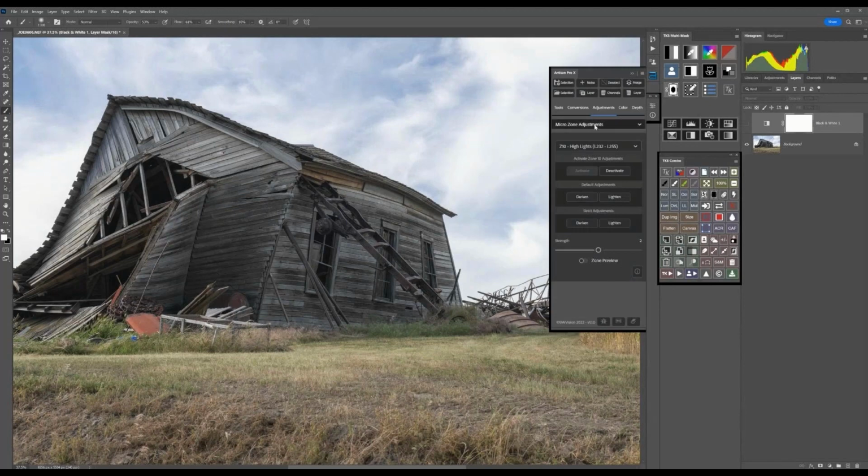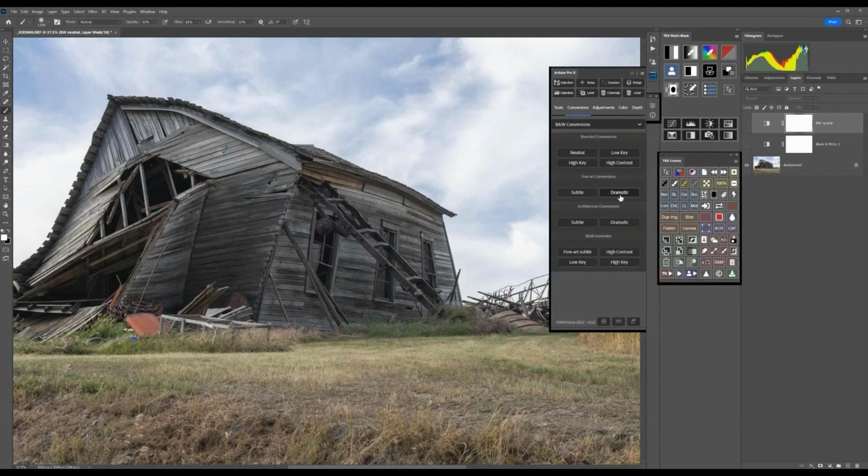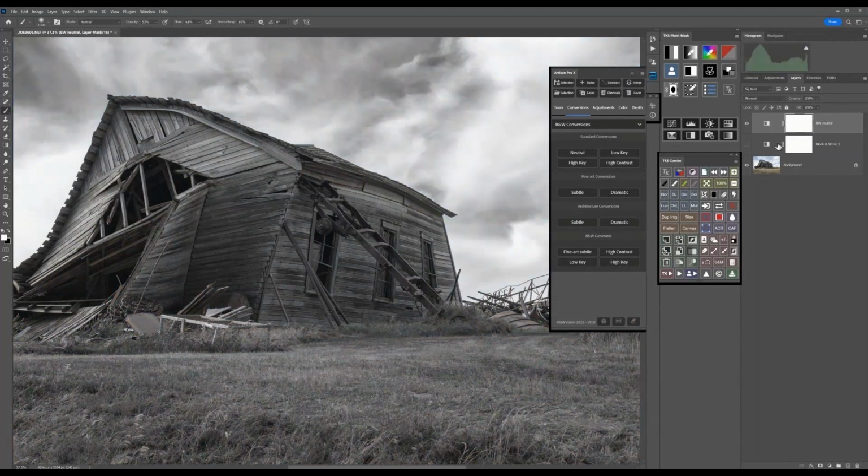And my conversion is here. So we have all of these choices that you should at some point try for your images, depending on what you want it to look like. It's a dramatic look, or you have a subtle look. Oh, I got to get rid of this one before it works. Oh, there it is. So that's what it would look like using the Artisan Pro. It doesn't do the same job that you could get with